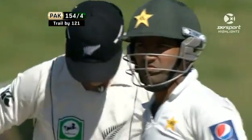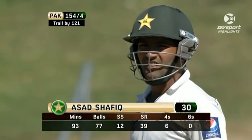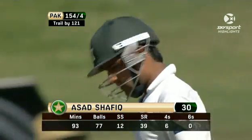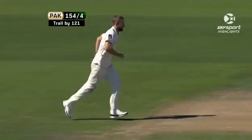Well, I've just had some information come to hand that Dan Vettori's had some blood tests. He's obviously under the weather. I don't think it's anything nasty. I'll know more when the tests come back, so...